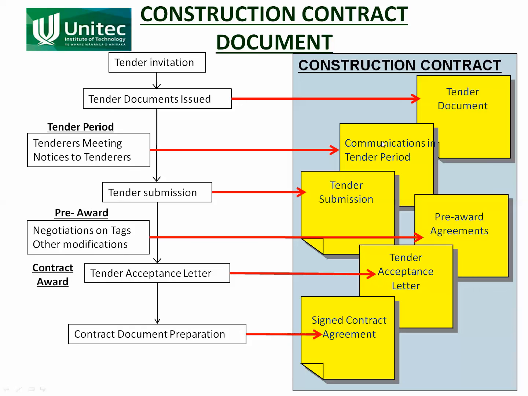There will be changes in the tendering period. There will be notices to tenderers. There will be discussions with tenderers. You know, this particular valve isn't available, how about this one? Each one of those discussions is recorded, written down,